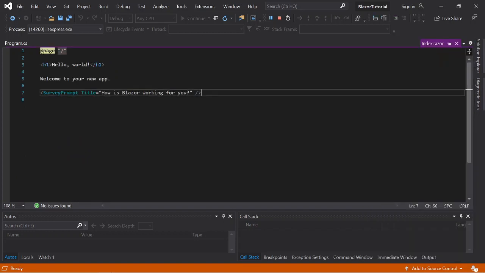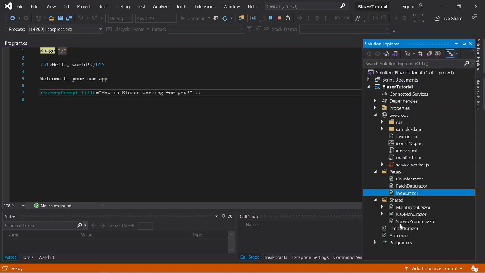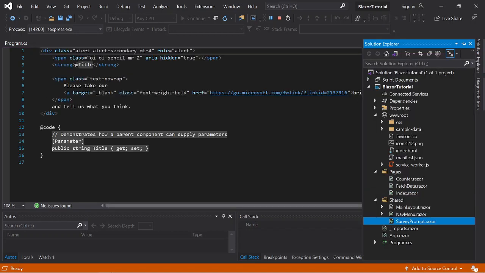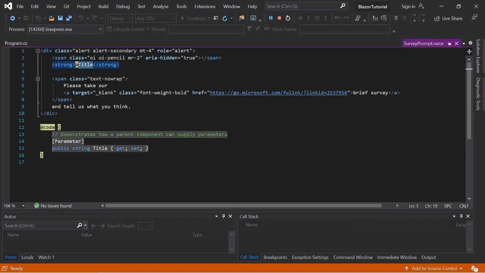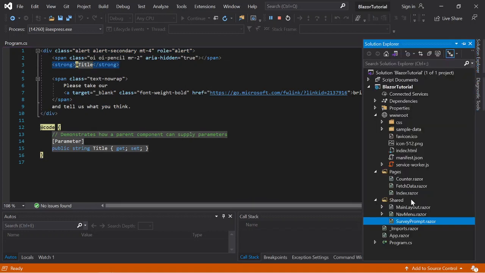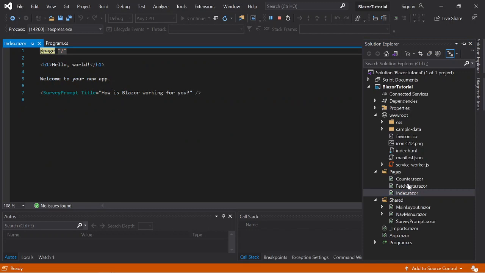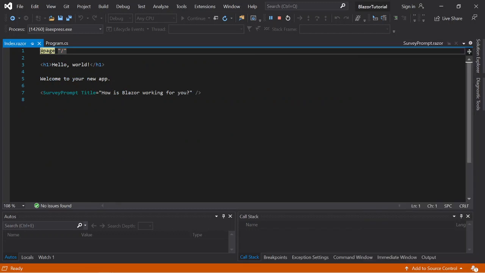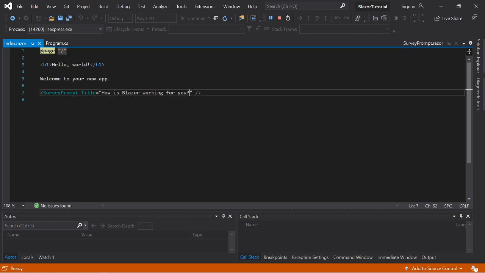And this is an example of passing a parameter. The title in here will be filled with the parameter which has been set in here.